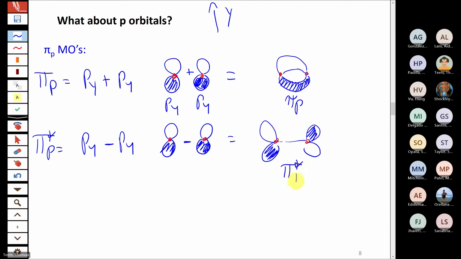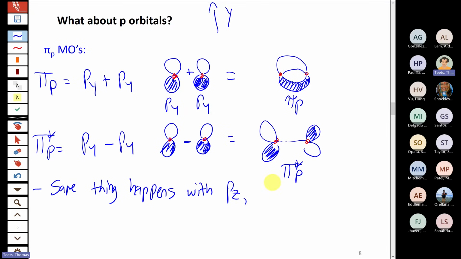All right, so that's what happens with py orbitals. I'm not going to try to draw it out because they look the same. They're just rotated 90 degrees, but the same exact thing happens with the pz orbitals. So your pz orbitals look exactly the same as this. It's just they will be rotated 90 degrees and pointing towards you. Harder to draw, of course, in that case. But again, y vertical, the z direction coming out towards you, still perpendicular to the bond axis. So it gives you the exact same types of orbitals, just oriented differently in space.